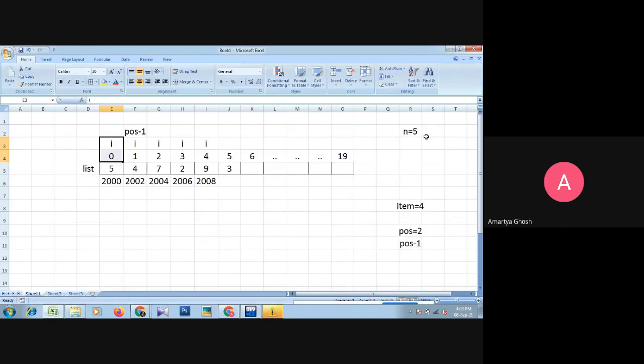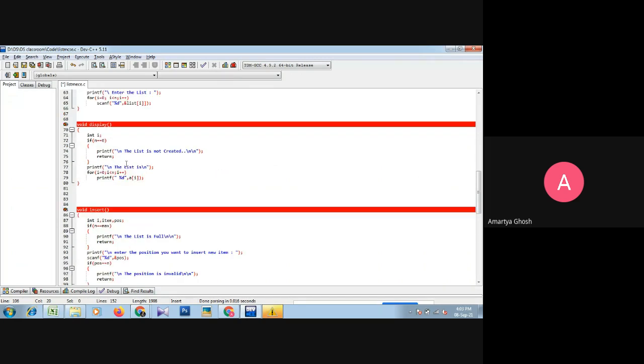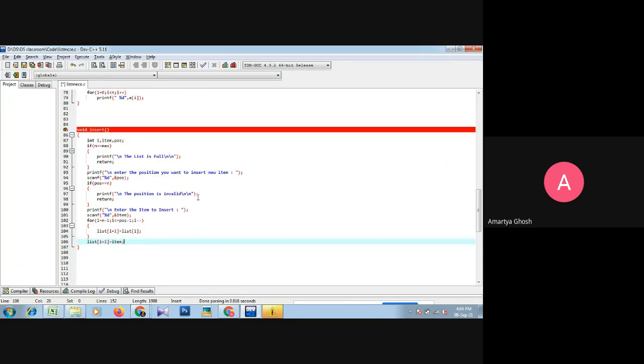Before this insertion, the length of the list was 5, but after inserting this 4, the list has 6 elements, so the length of the list should be increased. Otherwise, it will print only 5 elements, because in display function we will print from I 0 to less than n. Okay, so that is why we should increase the value of n every time when we insert one element.